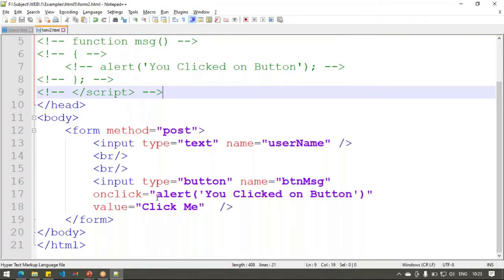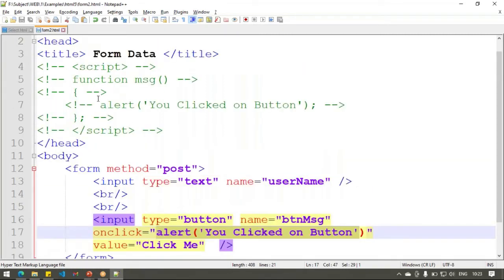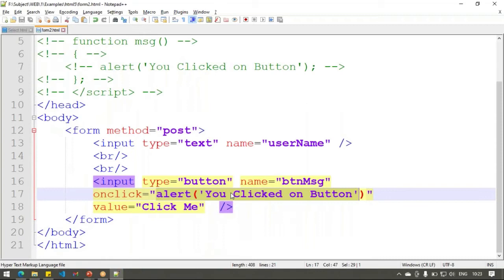All right, so if you have a single statement to be executed, you don't need to write the function. You can just directly write that script statement in your onclick event. But obviously, if you want more than one statement to be executed, you need a function, and then you can call that function.